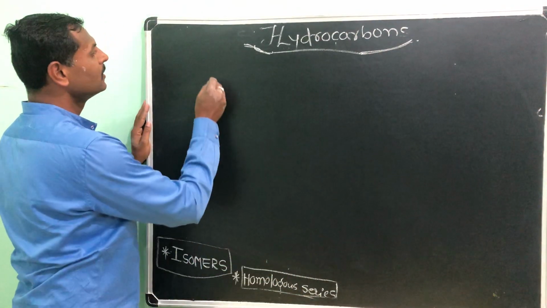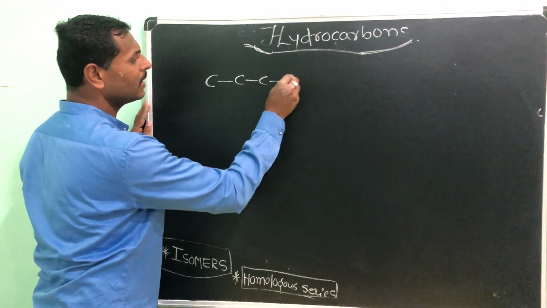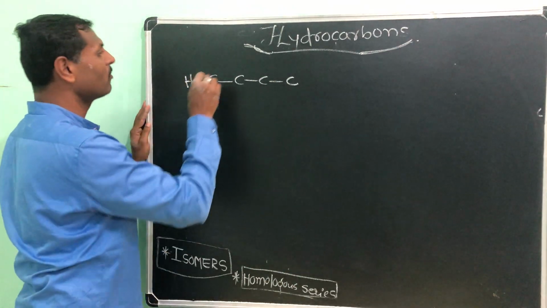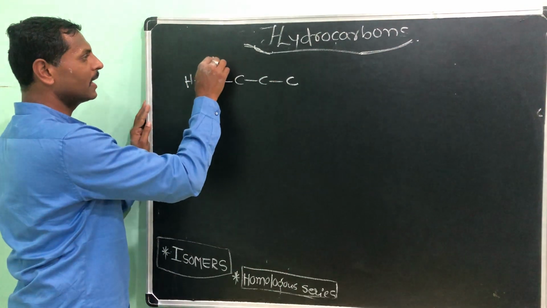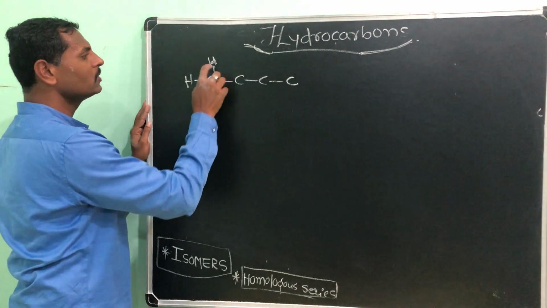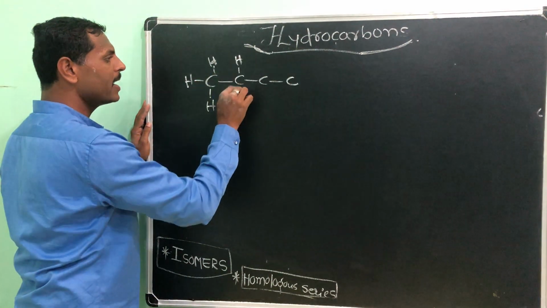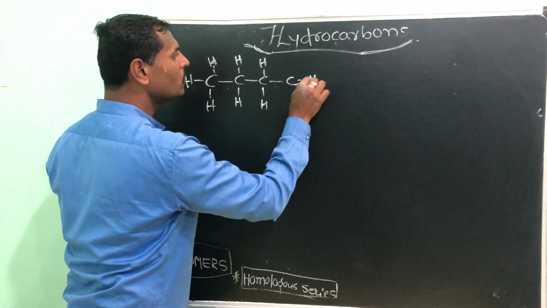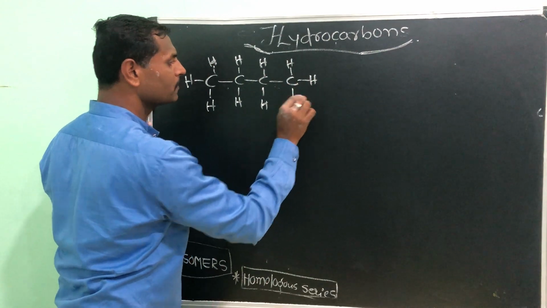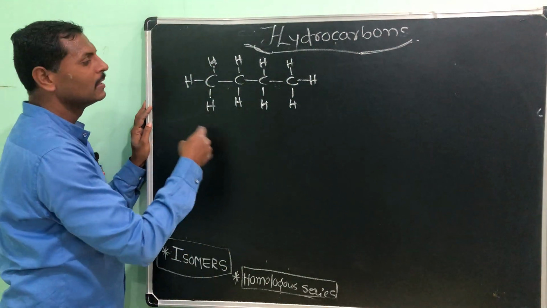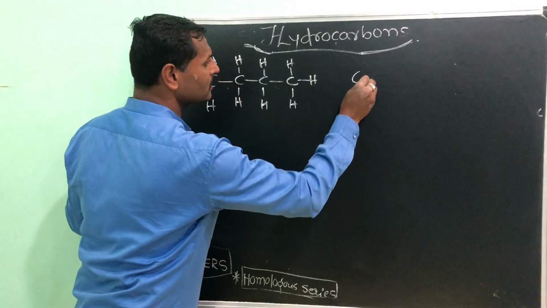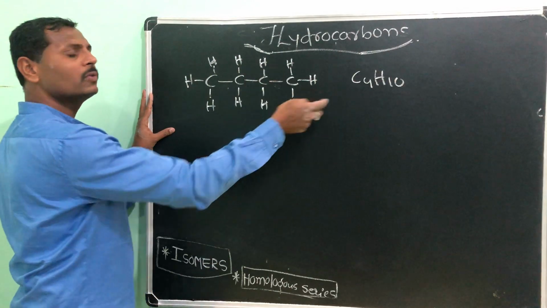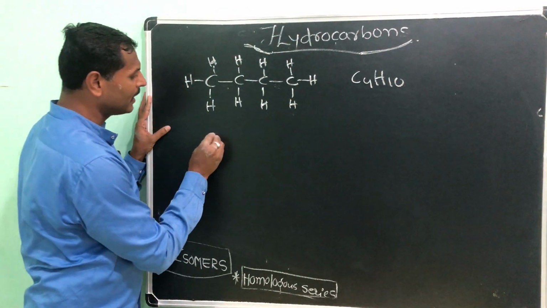All right. So I will take 4 carbons here, and I am taking the alkane only, because there is a single bond between the carbon atoms. See to it that each carbon should have 4 bonds. 1, 2, 3, 4. Write the molecular formula for this. C4H10. 4 plus 4, 8, plus 2, 10. Right.